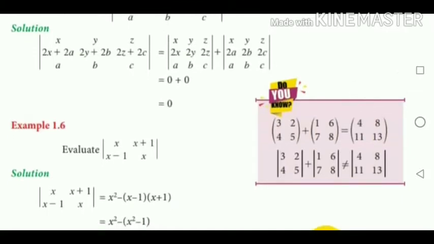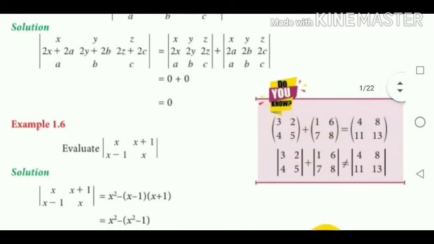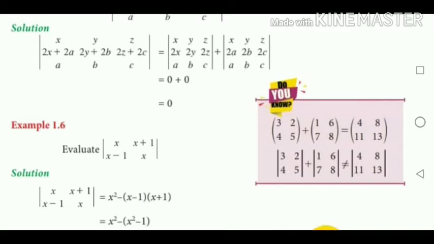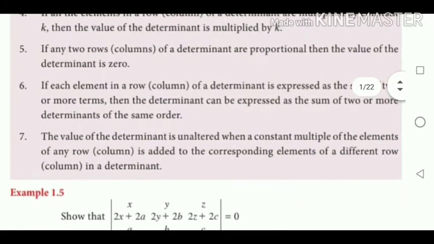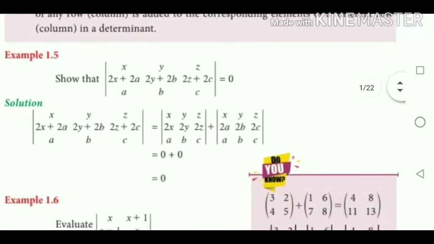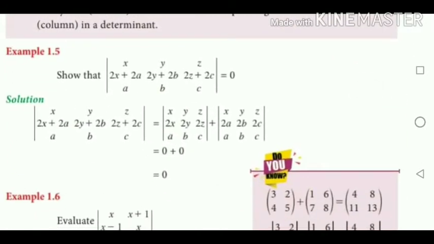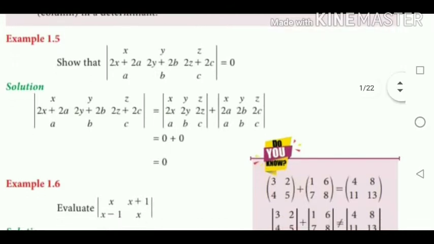Afterwards we find here the first row is x, y, z, and the second row is 2x, 2y, 2z, that is, it is a multiple of 2. If you multiply x by 2, you get 2x, 2y, 2z. These two rows are in proportion. Proportion is covered in property 5. So these two rows are proportional, therefore the determinant of the first matrix is 0.